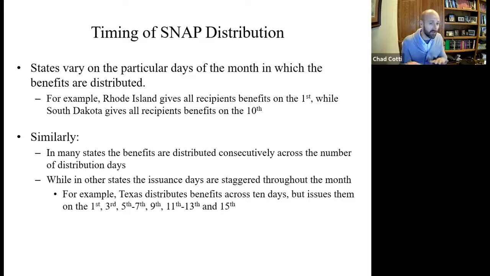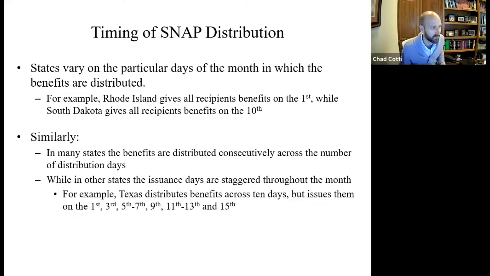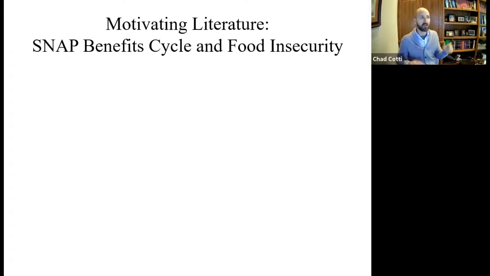No, so that's another thing. I've got some past research that looked at the fact that sometimes a household is getting benefits on a Saturday and a Sunday, sometimes it's getting it on a Tuesday. We find that actually matters for alcohol consumption, even though SNAP doesn't cover alcohol, it's just an income transfer. Anyway, now I'm off onto a different thing. But the project is going to be looking at timing in some way, so I just want to give everybody a little bit of background about the timing.